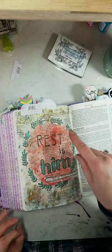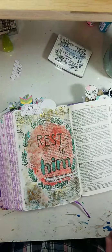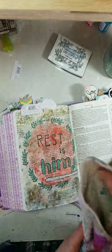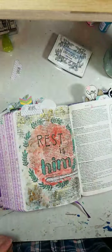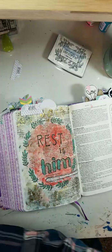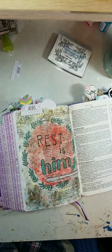I am going to add some white in there. I love how the wreath came out. Let's just do this. All right, let me get white. You know what I'm gonna do? I'm gonna use this, and